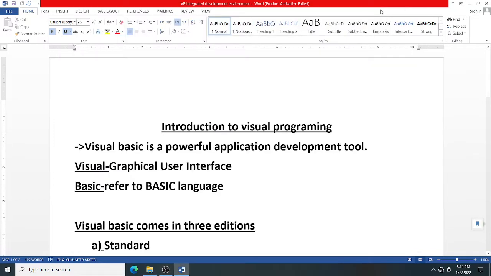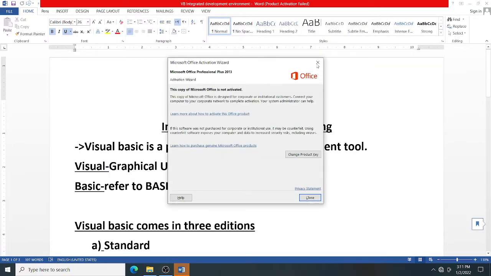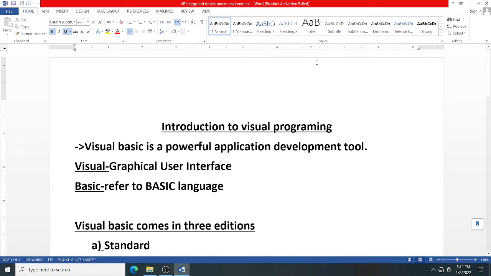You have to learn here now Visual Basic. So in Visual Basic, we have to learn what Visual Basic is meant for. Visual Basic provides the IDE, Integrated Development Environment, using which you can develop your project, develop your application, run the application, then test the application, then find what the bugs in the application are. So Visual Basic is a powerful application development tool. In simple language, we will say you can develop your software using Visual Basic.